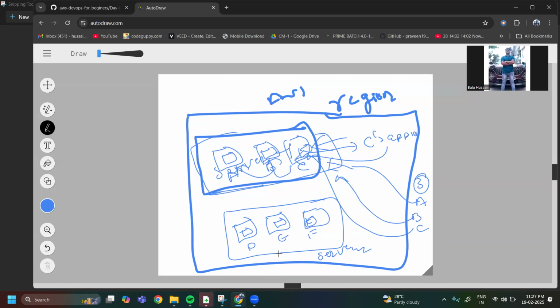So what will AWS do? AWS will create three virtual machines in the same server and provide the virtual machines to the companies.